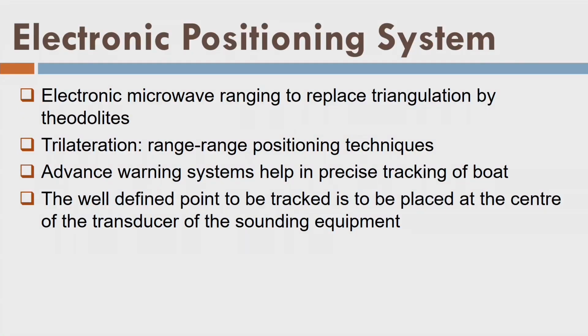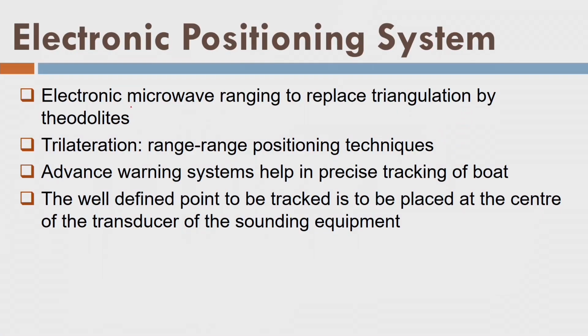The next method is electronic positioning system. What is electronic positioning system? So far we have talked about positioning like global positioning system, but what is electronic positioning system? Well, before the GPS, there were many systems in place which are based on radio detection or microwave detection. So, electronic positioning system is basically a microwave ranging system which uses the logic of triangulation. It replaces the triangulation method by distance measurement, what we call trilateration. So, this method is now superseded by global positioning system or GPS.